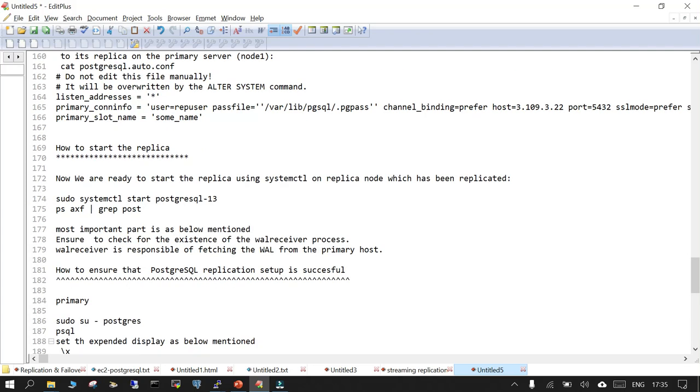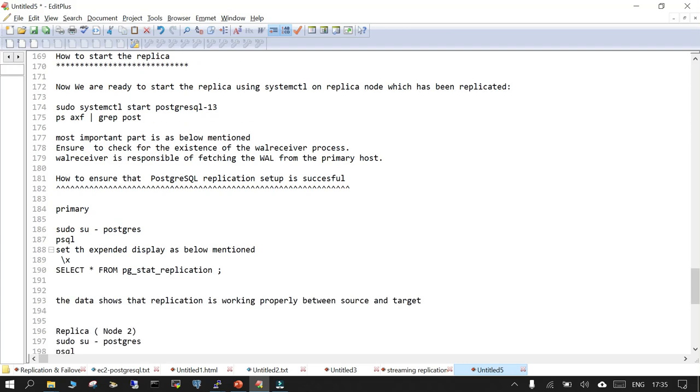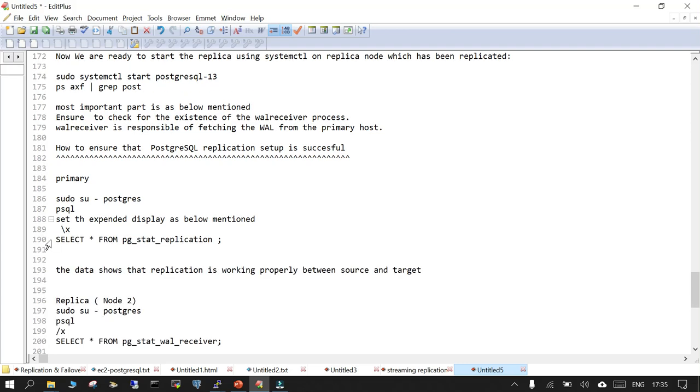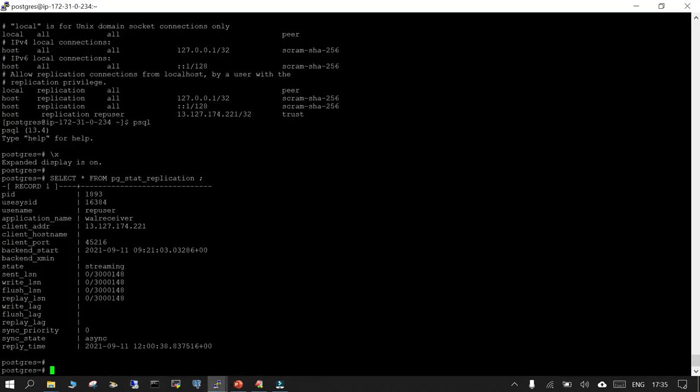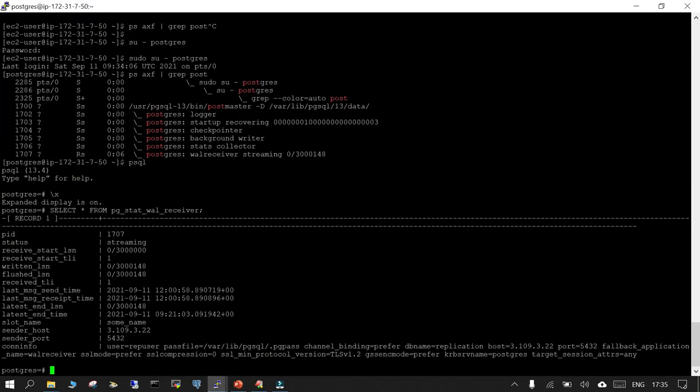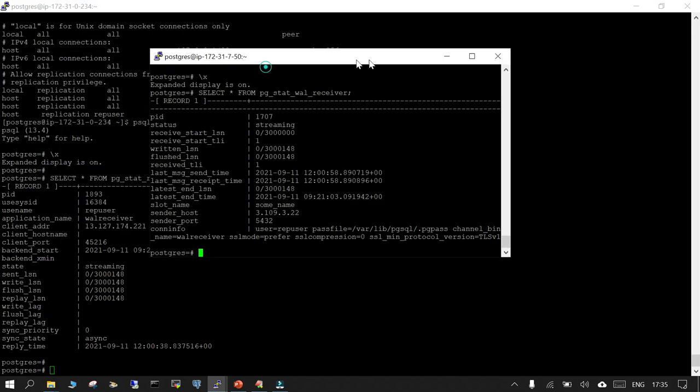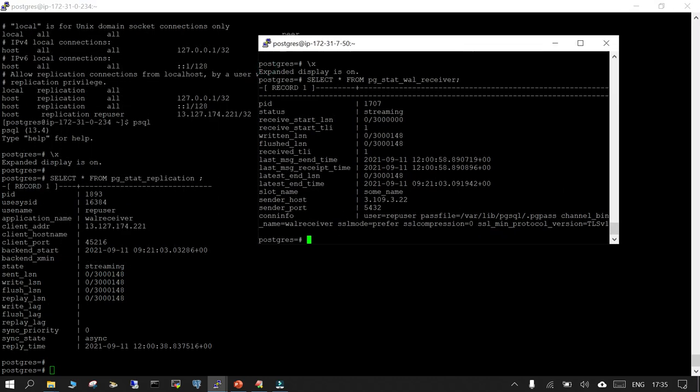To start the replica, there should have been the data directory, which has been brought by pg_basebackup. And then finally we checked using two commands, one is select star from pg_stat_replication, and the other is pg_stat_wal_receiver. So using these commands on the source and the replica side, we verified everything is fine and working. So this is on our source side, and this is on our target side or replica side. So I hope this is going to help